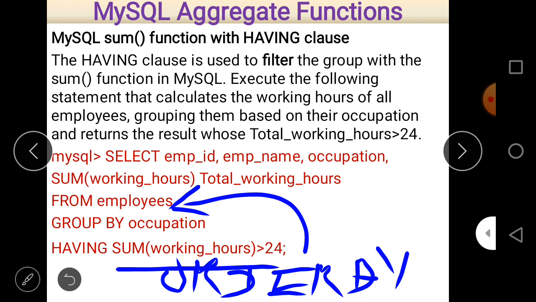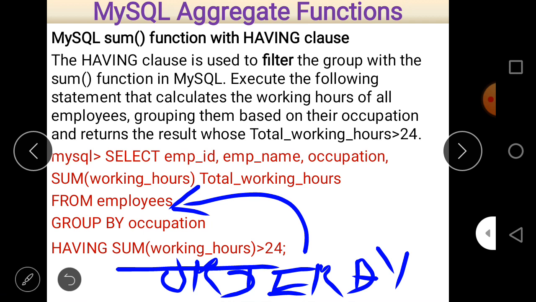Then first of all focus on the aggregate function, then the group will be formed, and after that the condition related to that group must be mentioned with the having clause. And if there is a general condition, it is always given after FROM table name. And then at last, if you want to put data in ascending or descending order, write the ORDER BY clause at last.